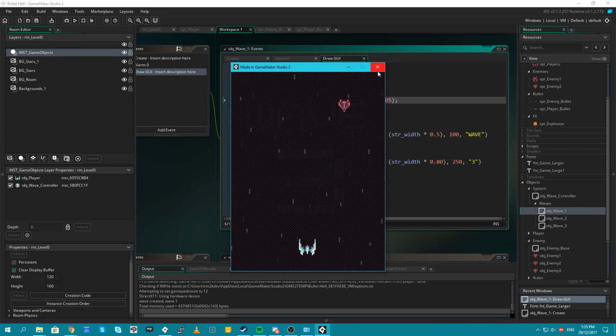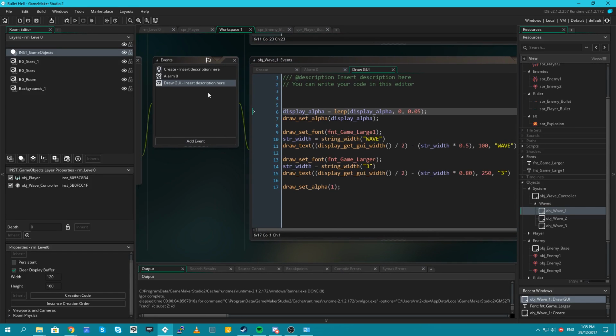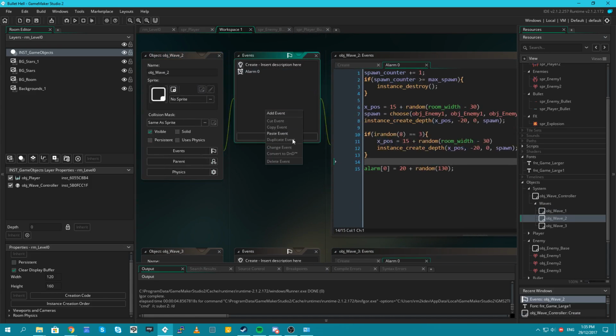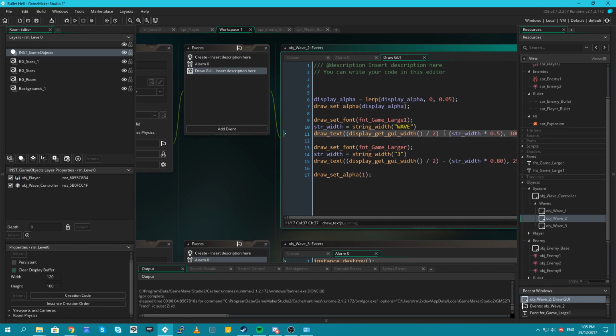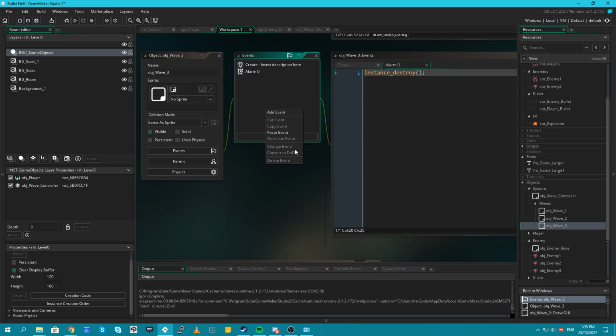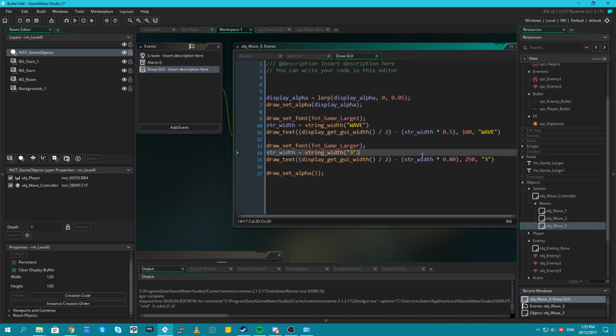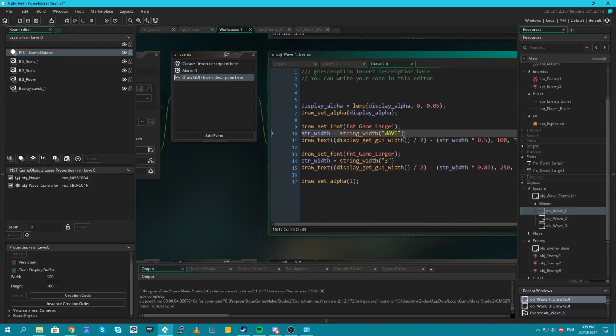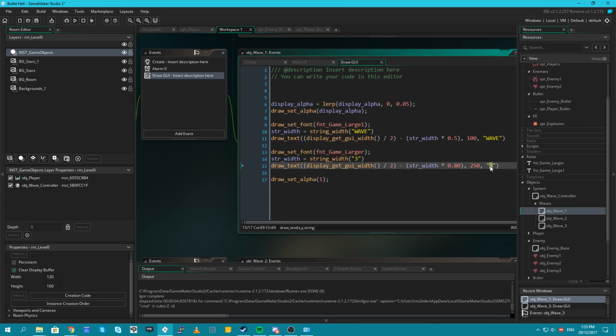So now we can turn on the lerp again, let them fade away, because what will happen is when the wave starts, this will fire. Now, can we copy this event? Yes, we can. We're going to paste that event right there, and we're going to call it wave 2. And then we're going to paste the event right here again, and call this one wave 3. It's already set. So now we just go back to wave 1, change the text to say number 1, and we should be good.